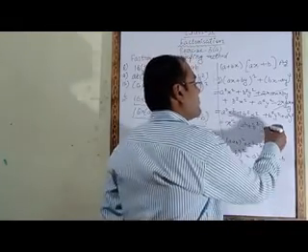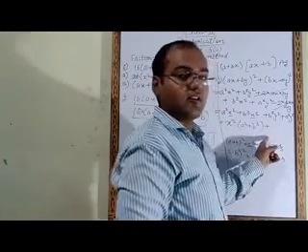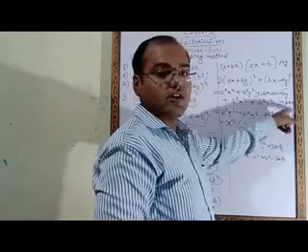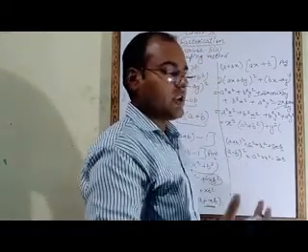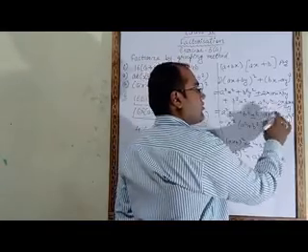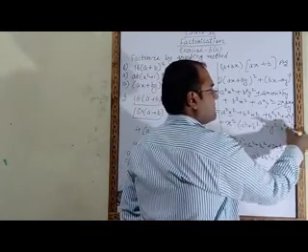So what we will do? First of all we have to take sign. From these two we will get plus sign common. Y square here also and here also. So we will take y square common. Now inside the bracket you have to write the remaining part. This y square we have taken common, so b square plus a square remains inside the bracket.